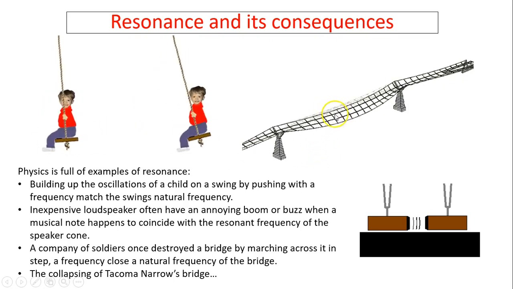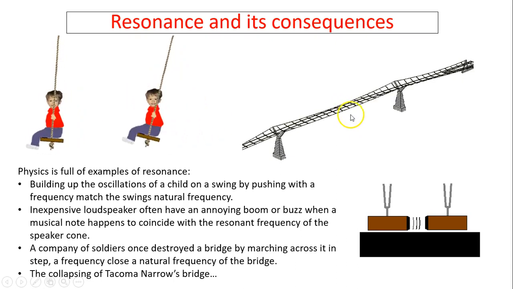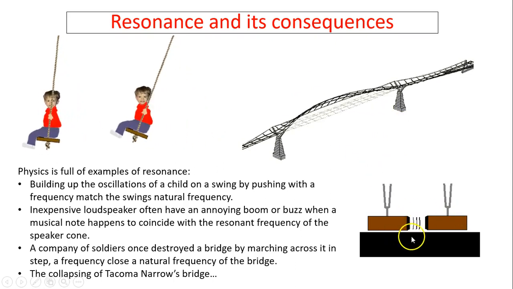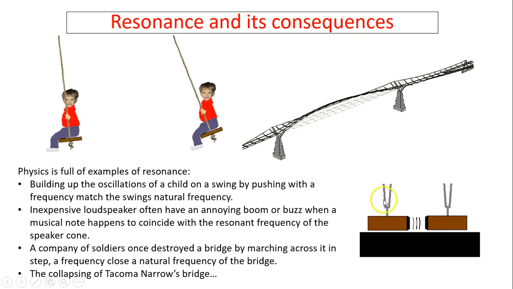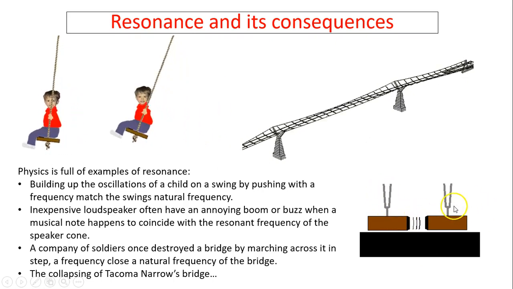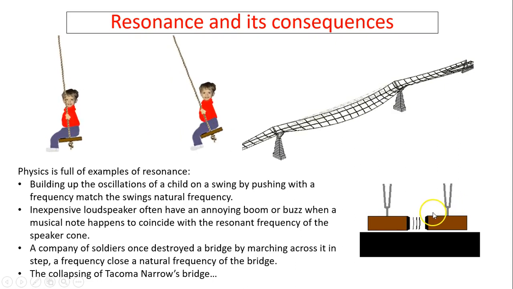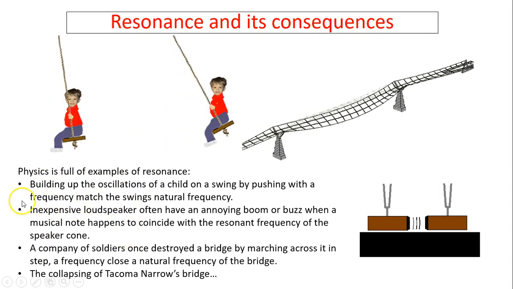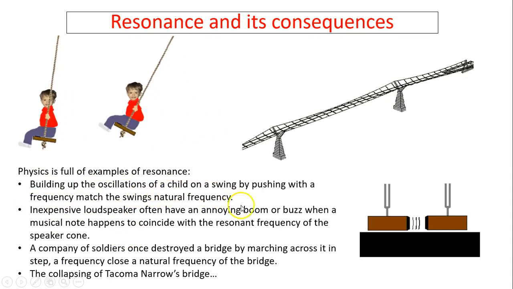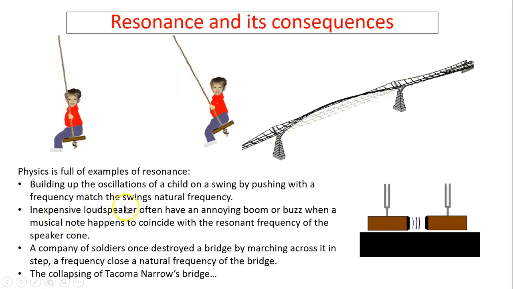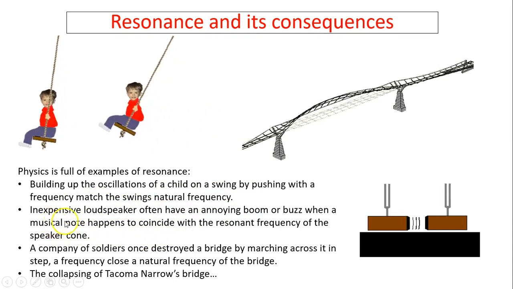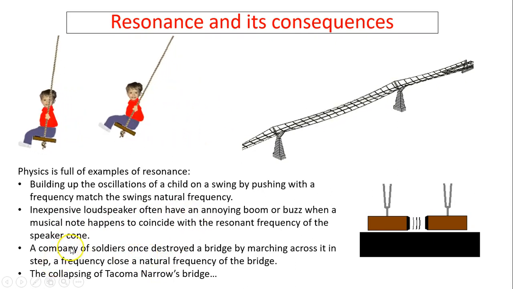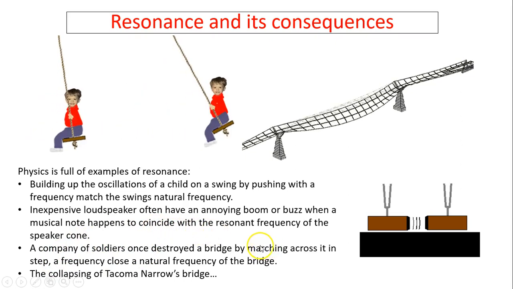Another example is the bridge. If there is a wind that matches the bridge's natural frequency, the bridge is going to oscillate. And these are tuning forks. One tuning fork can cause another tuning fork to vibrate at the same frequency. Physics is full of examples of resonance, like building up the oscillations of a child on a swing by pushing with a frequency that matches the swing's natural frequency. Inexpensive loudspeakers often have an annoying boom or buzz when a musical note happens to coincide with the resonant frequency